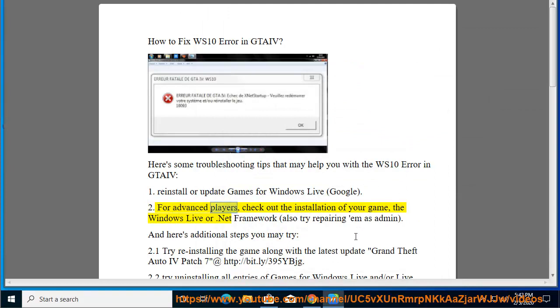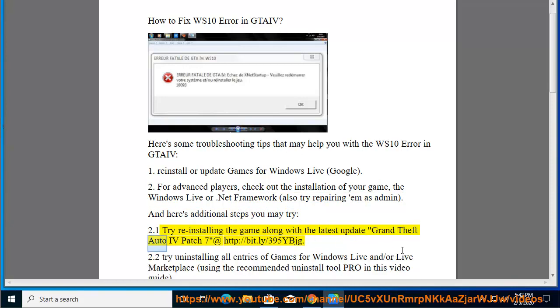For advanced players, check out the installation of your game, the Windows Live or .NET Framework. Also try running it as admin. And here are additional steps you may try. 2.1. Try reinstalling the game along with the latest update, Grand Theft Auto 4 Patch 7, at http://bit.ly/395ybjj. 2.2 Try uninstalling